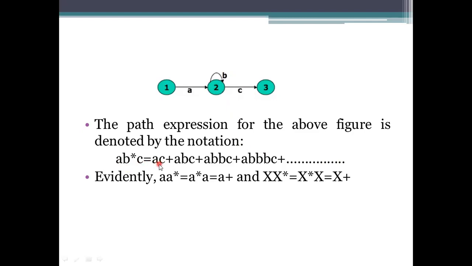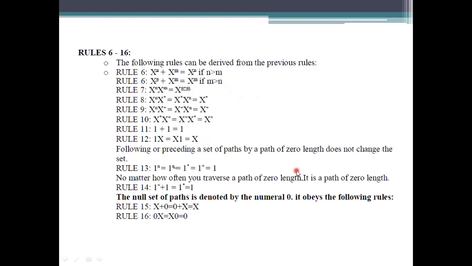A, B star, C. Here we are writing star, which means it can be 0 to n. So here 0, it will be executed once. Sorry, it is not executed, it was not visited once. It is executed once, twice, thrice, like that. We need to process that one. So these are the rules we are using for processing that one.